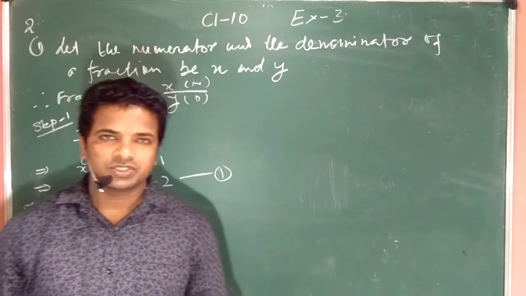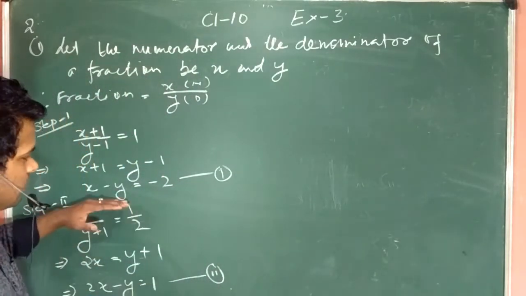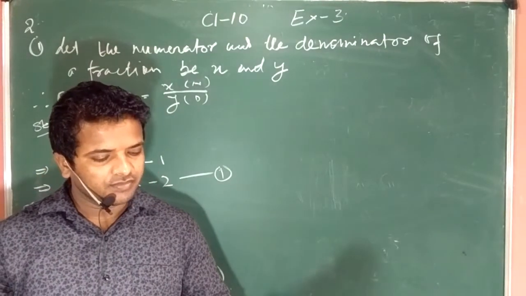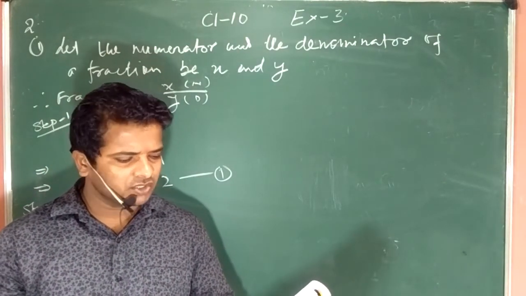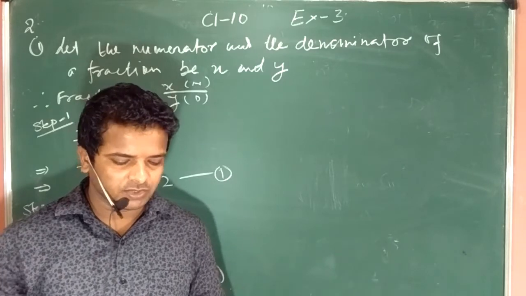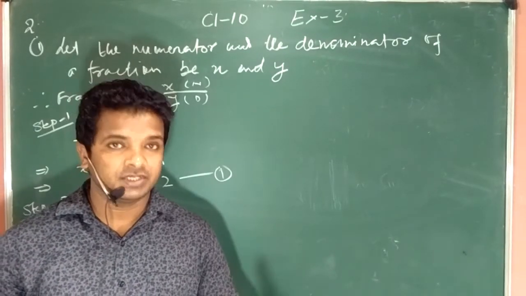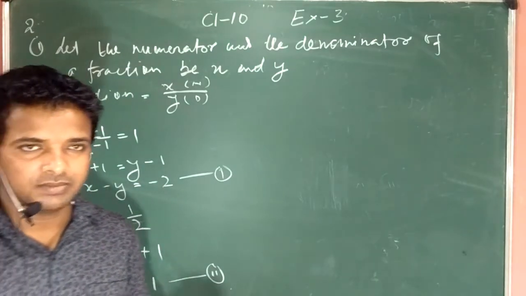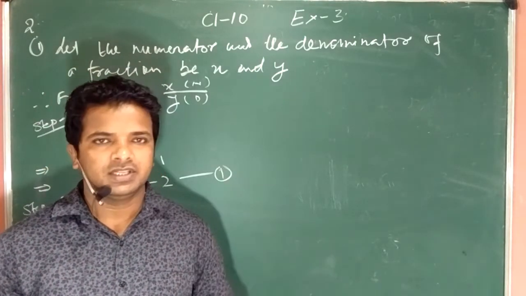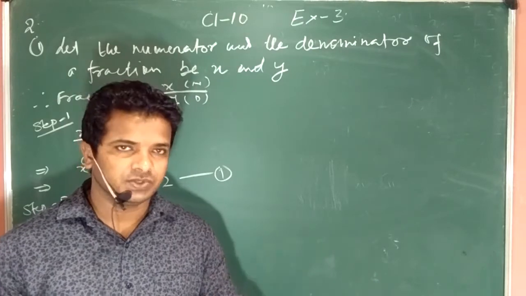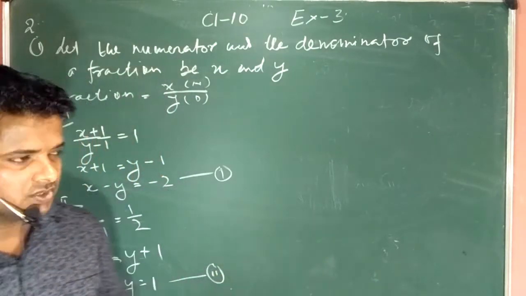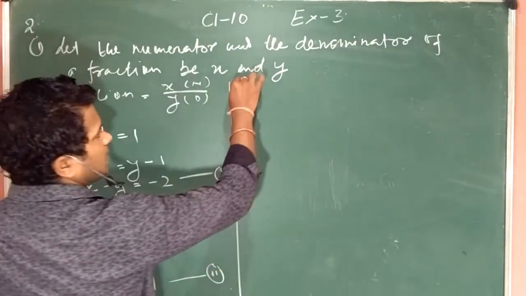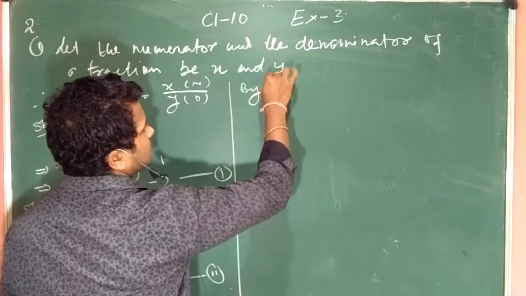So like your question number 1, your equation 1 is this one, your equation 2 is this one. Now question is, find the pair of linear equations and find their solution if they exist by the elimination method. So we need to find it by elimination method. You cannot use the substitution method here, like in 3.3. Here also elimination method, and in the exam also it will be written that you use elimination or substitution or cross multiplication. It will be written with the question. So we will start by elimination method.